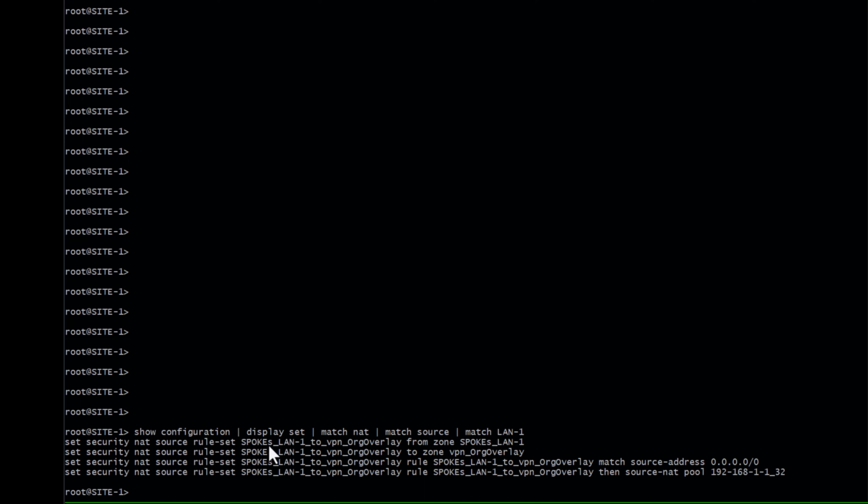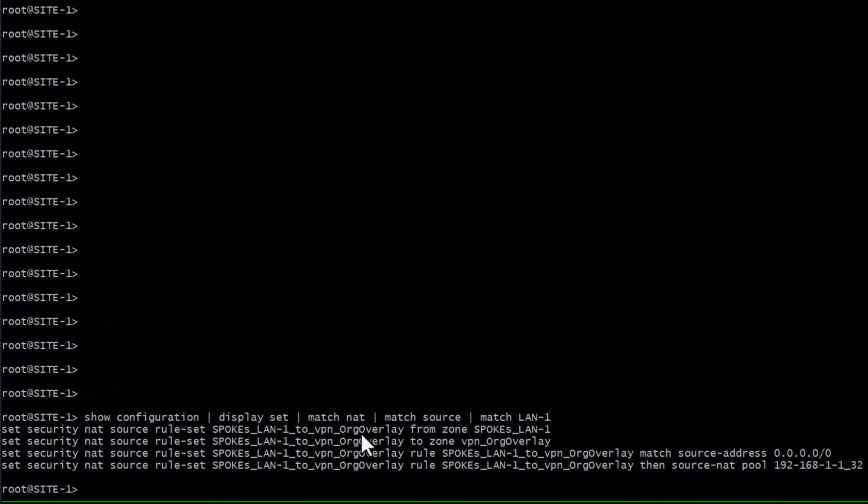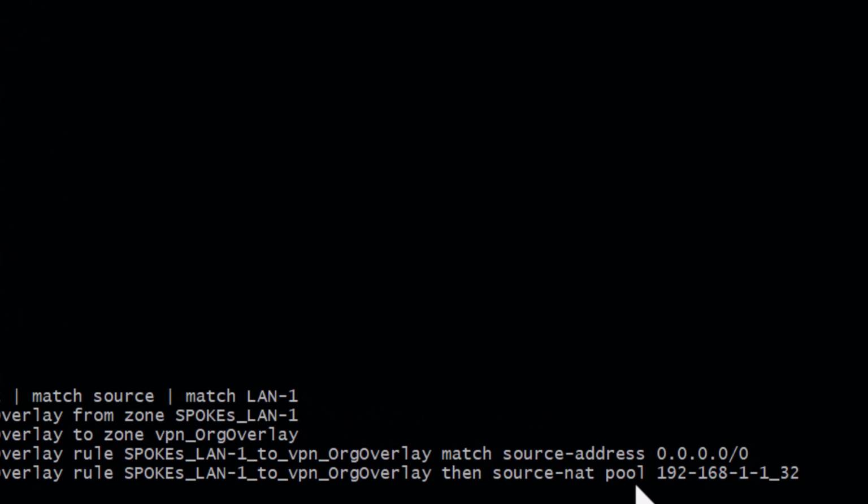and if we look at the source NAT configuration, we can see that there's a new source NAT from zone spoke LAN 1 going to the overlay zone, and we're matching on any address, but we are applying a source NAT pool of 192.168.1.1/32 as we've configured. Again, just a reminder, this is actually a name that is resolving in the security address book to